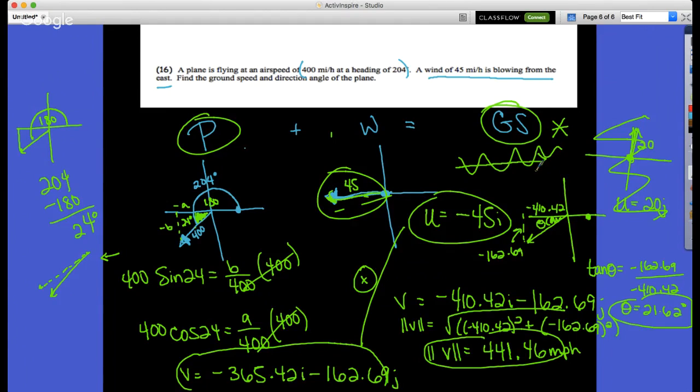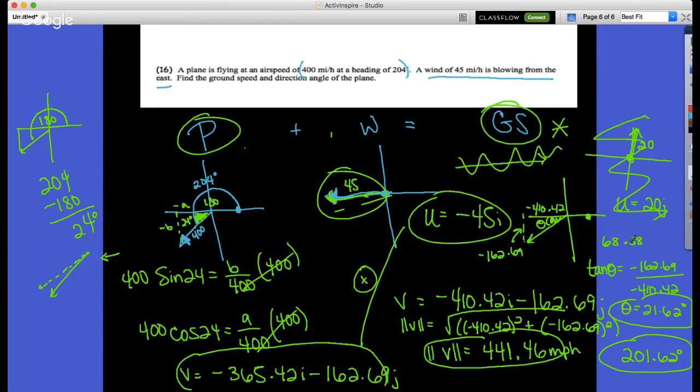And once I add 180, I could get 201.62 degrees. So that's actually the real angle that it's headed at, starting from 0 and going around the direction angle there. You could also put it in a bearing. If you wanted to, you could also say this: you could subtract 21.62 from 90 to get 68.38. If I subtracted that from 90,